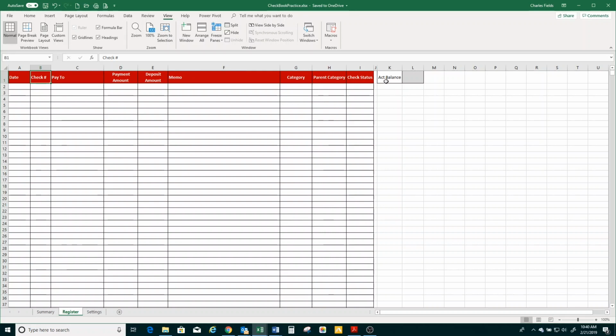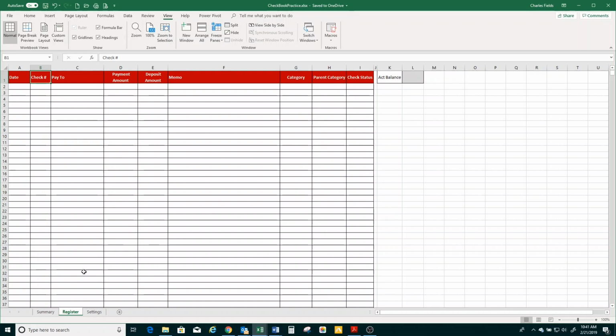I went ahead and put an account balance on this screen just so that it would be handy while you're using the register. However, this is really going to be read-only. We're going to copy the field on our summary page that shows our balance so that you can just display it here in case you need to know. But this is going to be a calculated number, so you won't have the need to actually type anything in